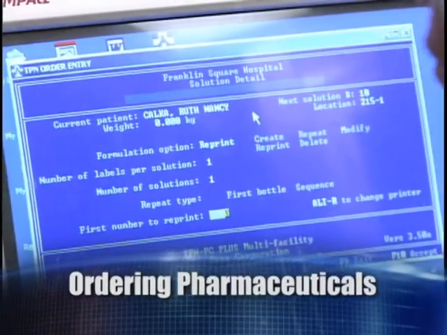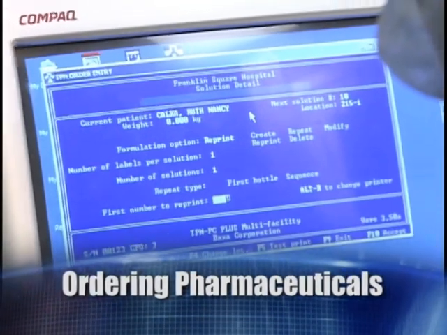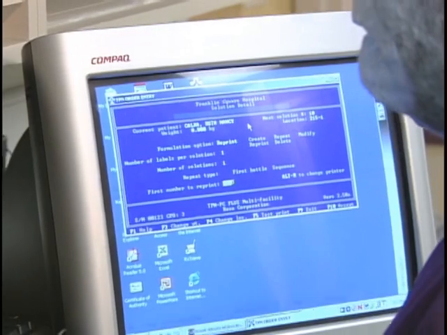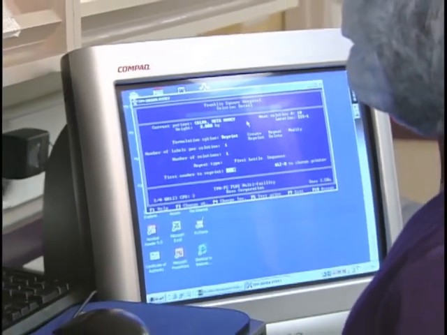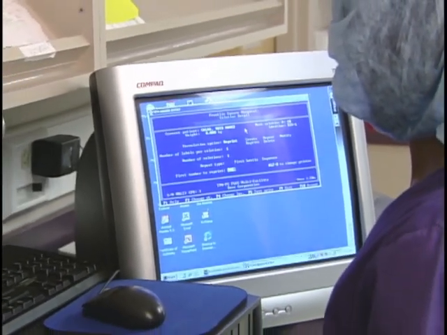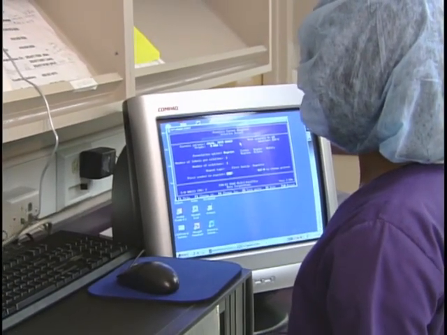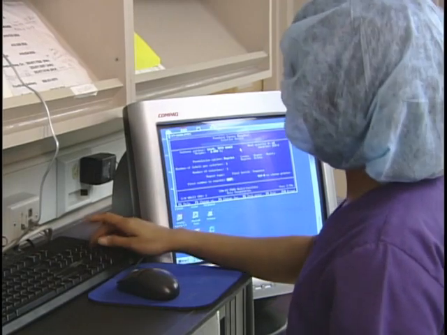Some pharmacies have a dedicated purchasing agent to manage the procurement and inventory of pharmaceuticals. Others employ a more general approach, with a variety of staff involved in ordering pharmaceuticals. The state-of-the-art practice involves the use of computer and internet technology to manage the process of purchasing and receiving pharmaceuticals